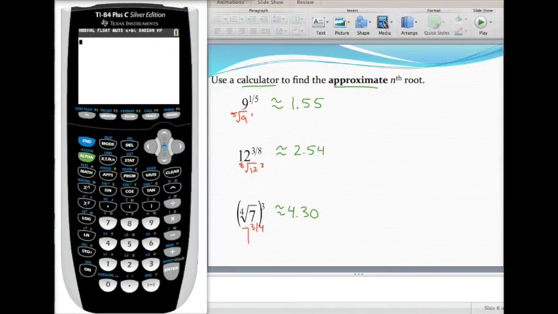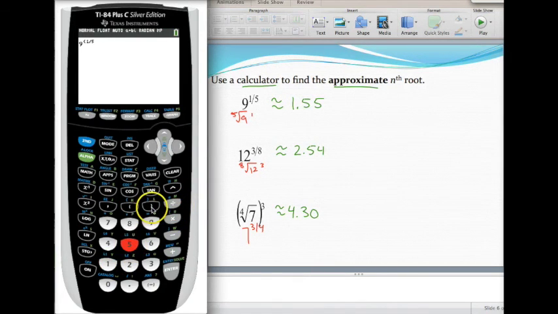When we're evaluating an expression that does not have a rational answer, we'll use a calculator to get an approximate answer. I've got answers already down here rounded to 2 decimal places, but let me show you how I use my calculator to enter this in. So to enter in 9 raised to the 1/5 power, just like I would do any exponent, I'm going to type in the 9, use the exponent key, and at this point, if you have one of the newer calculators that puts the exponent up where it's supposed to, you don't need to use parentheses. However, I'm going to, just to be on the safe side, use parentheses and type